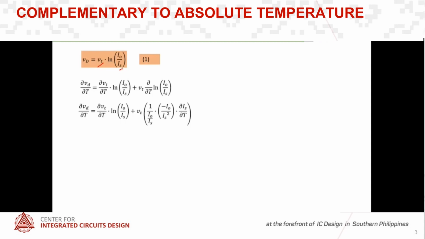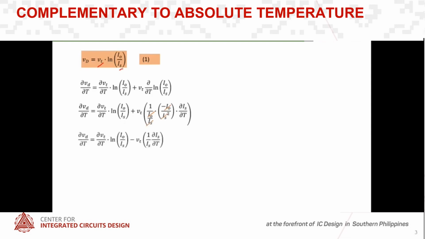So we have the partial derivative of ln(Io over Is) with respect to temperature equal to 1 over (Io over Is) times the negative Io over Is squared times the partial derivative of Is with respect to temperature. Simplifying it, canceling the like terms,